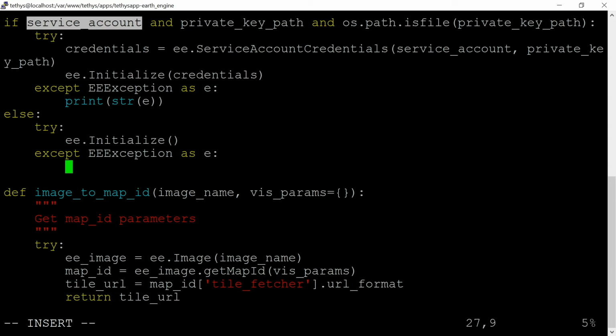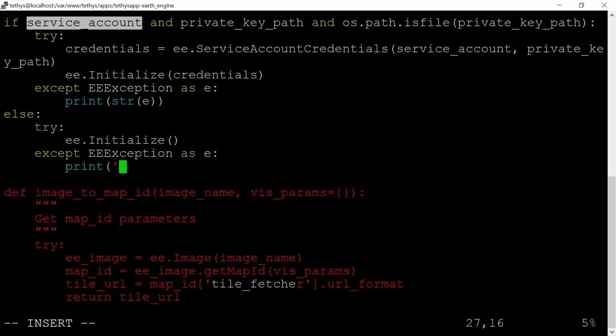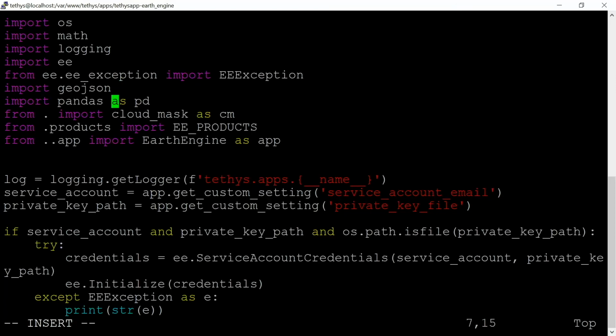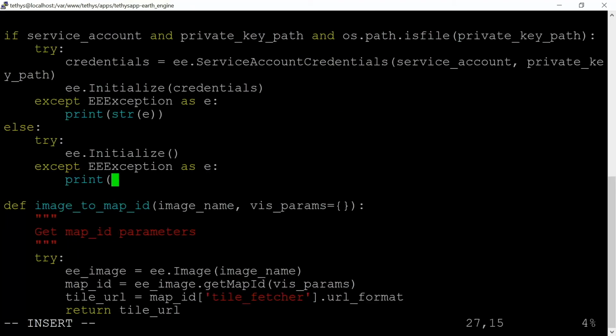And I'm going to instead just print a warning. Or actually, do we have our log available? Let's see. OS, we do. There's a logger here. So let's log a warning. So we'll do log.warning